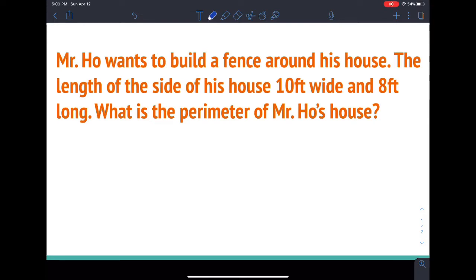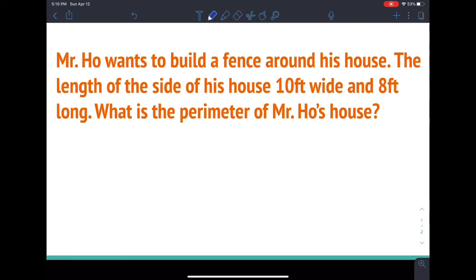So starting off, this first word problem says Mr. Ho wants to build a fence around his house. The length of the side of his house is 10 feet wide and 8 feet long. What is the perimeter of Mr. Ho's house? So I know it's been a while since we've been at school, but first we do at every